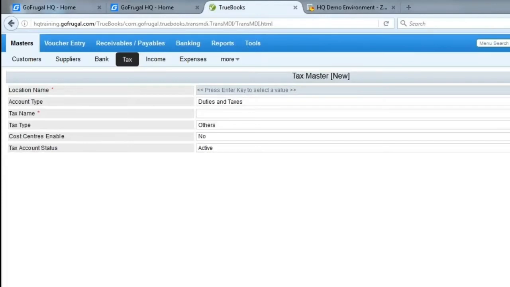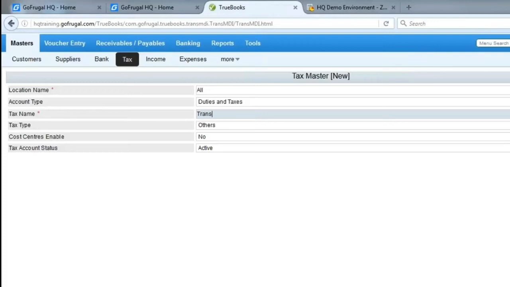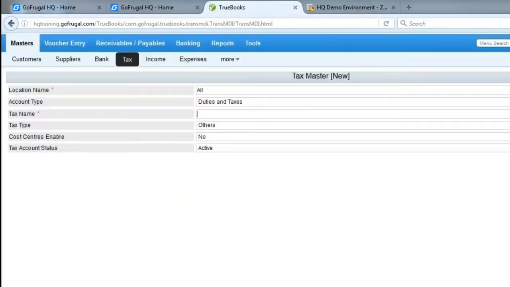Now I am selecting all locations. For tax name, here I am just giving transport.